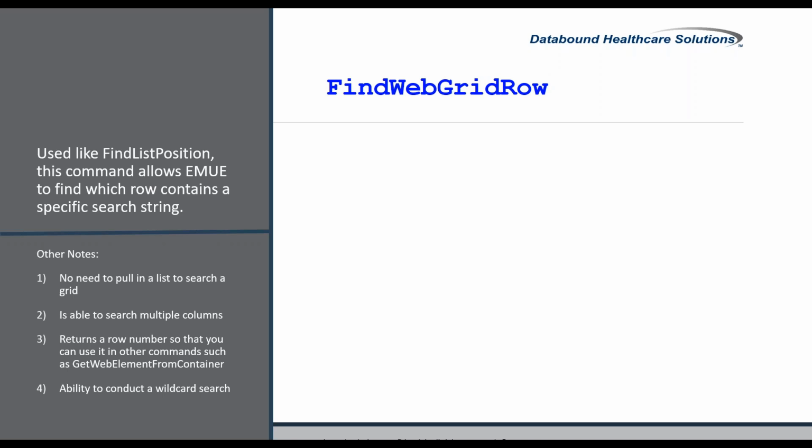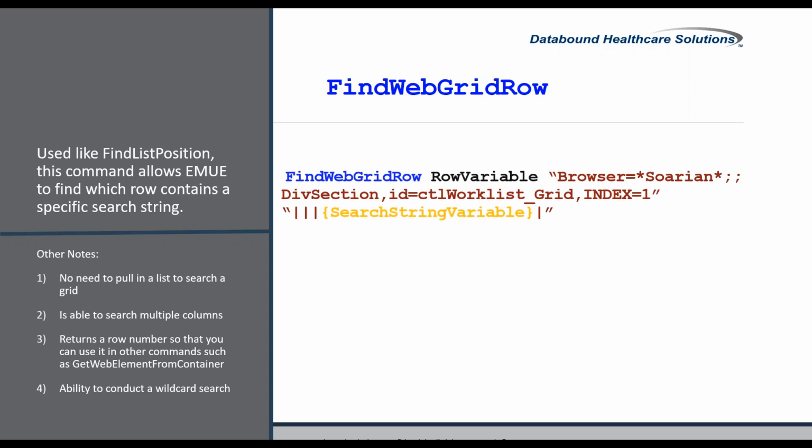This again can search multiple columns. It returns a row number, so we can pass that row number into another command like GetWebElement from container. This also has the ability to do wildcard searching. So the difference now is that we don't have a column parameter at the end of this particular command, but we have a row variable